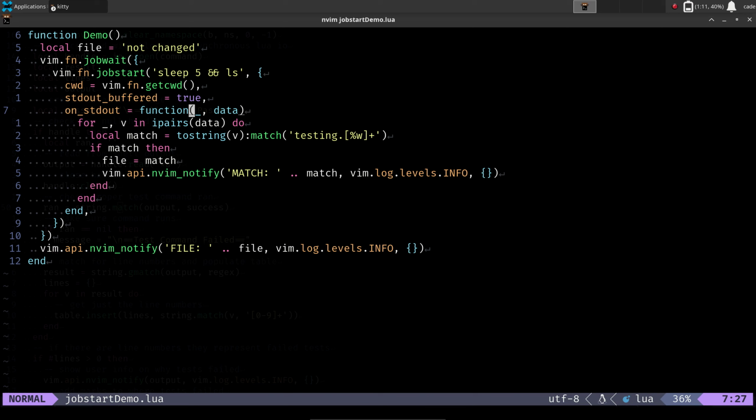Everything seemed pretty good. I was spitting out all the errors from standard out. And in case something was coming from standard error, I was appending it with something like this, where I had a table that would take values from standard out and standard error. And what I found is that only standard error was producing output. So I was basically kind of biting the bullet, making it synchronous, having it freeze and risking losing the messages by moving, just to ensure that I was getting standard out and standard error. Once I realized it was just standard error, I switched all the logic to be in standard out and standard error. So worst case scenario, I get 2 prompt messages